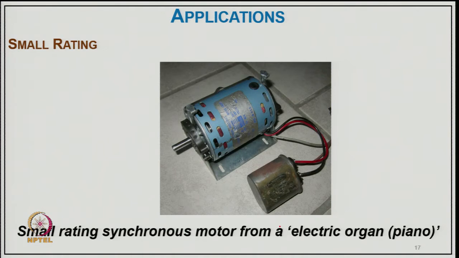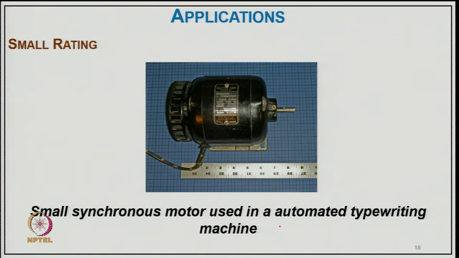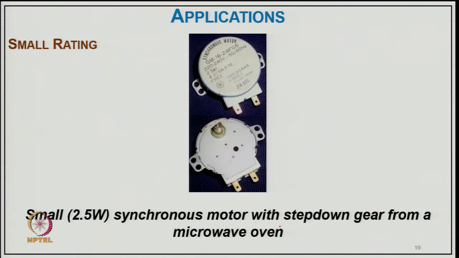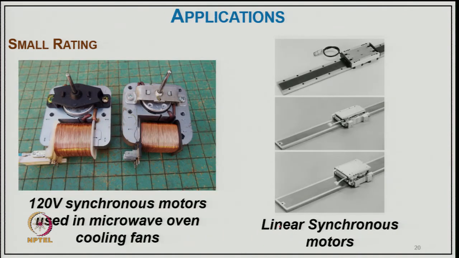Now, coming to the applications of these machines. It can be a small rating machine, a small rating motor used for electric organ and piano, then typically a small synchronous motor used in automated typewriting machines, then a small rating, typically 2.5 watt synchronous motor with step down gear from the microwave oven, then a 120 volt synchronous motor used in microwave oven cooling fans, and linear synchronous motors,